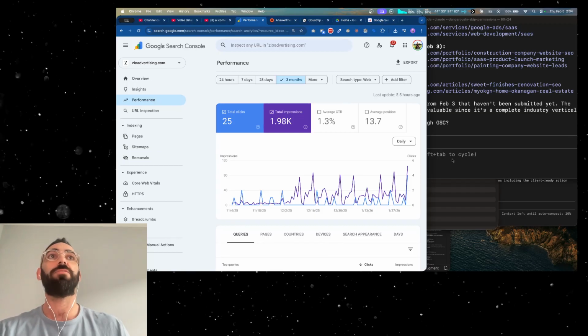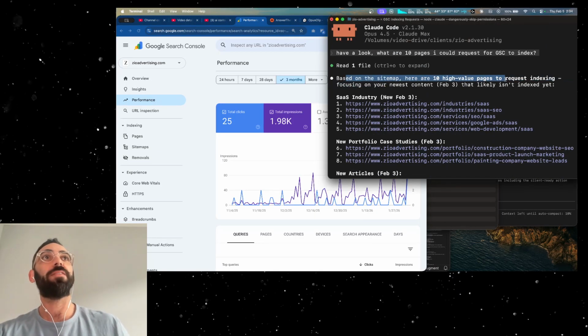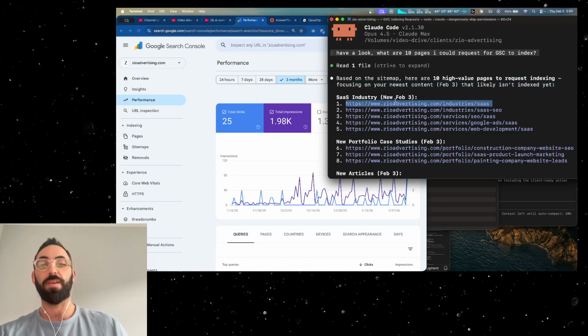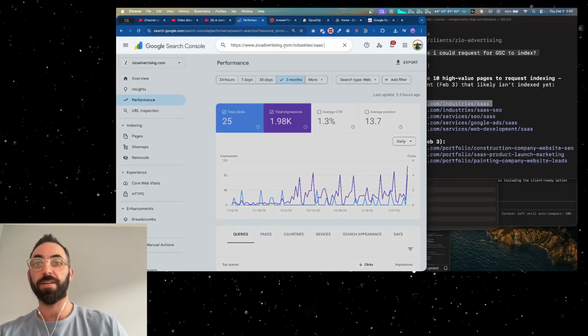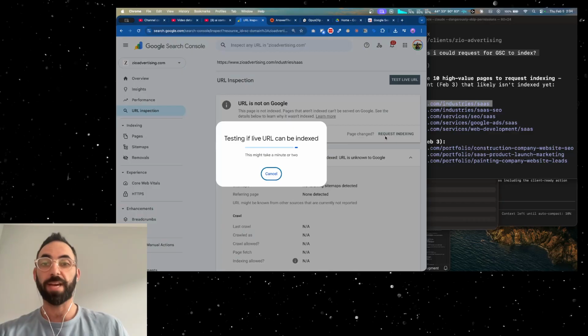But what I wanted to do was showcase, look, this is what it's doing. So based on the sitemap here, 10 high value pages to request indexing. So I'm just going to grab these. Boom, come over here and just submit these one by one, request indexing. Now,